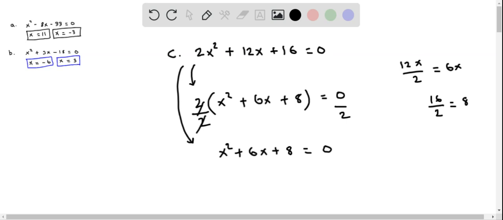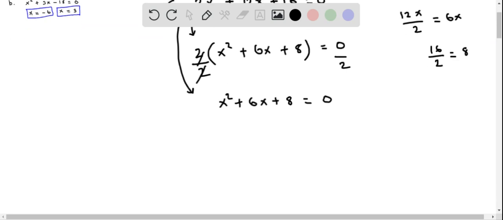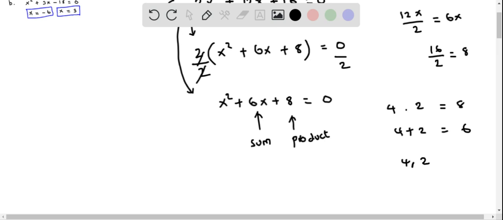And this means now we can solve for x by factoring method. So once again, the product of the two numbers is 8, and here the sum is, I'm sorry, 6. So we should look out for two numbers such that the product is 8. So let's try with 4 and 2. 4 times 2 is 8, as well as 4 plus 2 equals 6. So these two numbers satisfy the product as well as the sum, which means we can rewrite